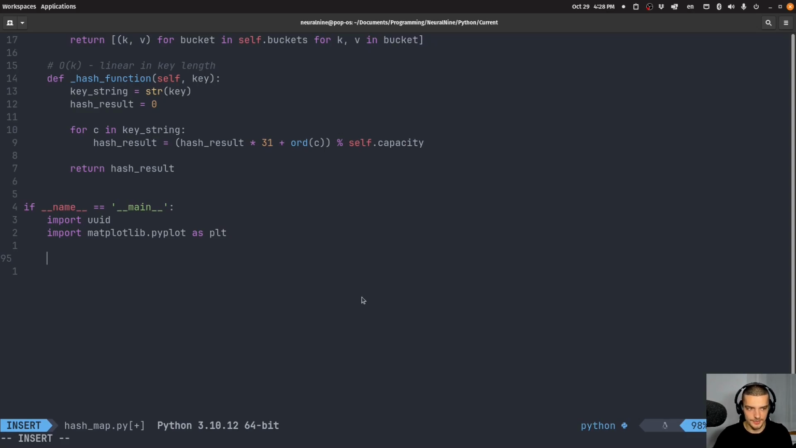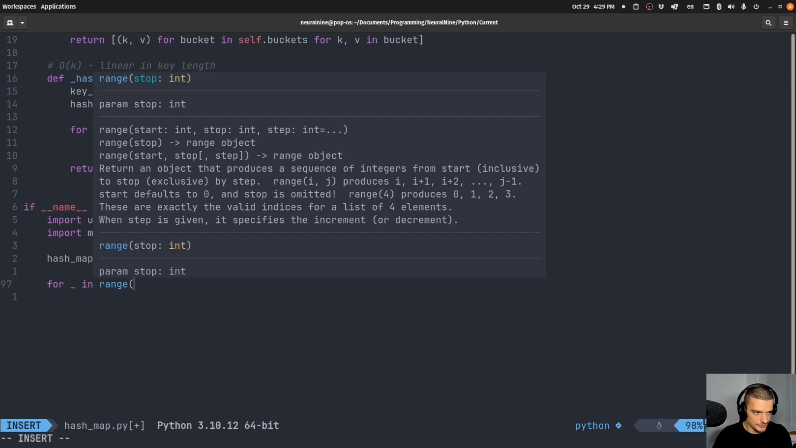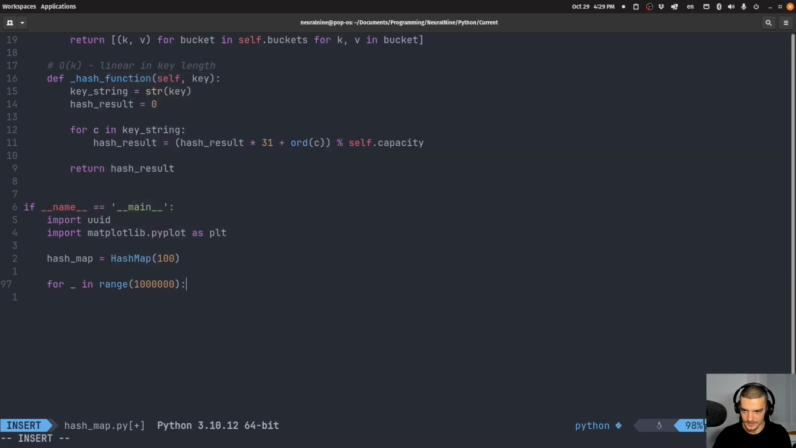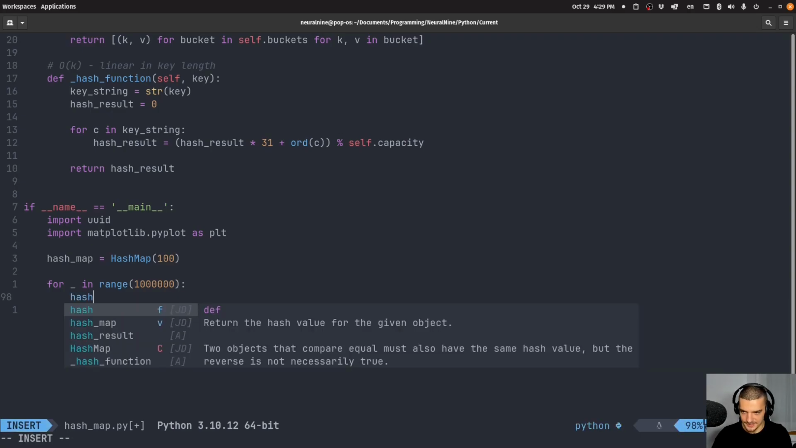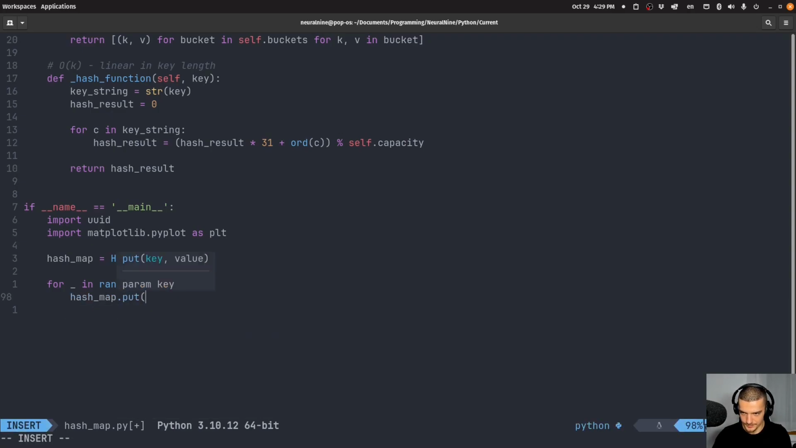What I'm going to do here now is I'm going to say I want to have a hash map. This hash map should have a capacity of 100, so 100 buckets. And I'm going to say now for placeholder in range, and I'm going to use 1,000,000 elements here. So I'm going to add 1,000,000 different keys to this hash map. And I'm going to say hash map put